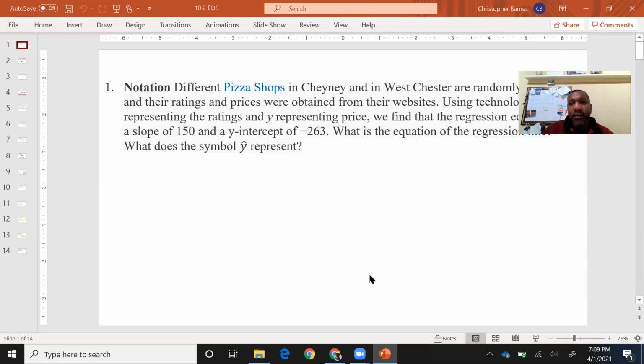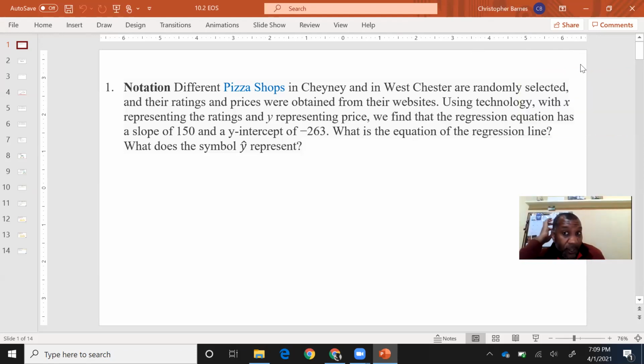I'm sitting back here talking about, first thing, the notation. So this is like the mimic for item number 1. Different pizza shops in Cheney and in Westchester are randomly selected, right? And their ratings and prices were obtained from their websites. Using technology, with X representing the ratings and Y representing price, we find that the regression equation has a slope